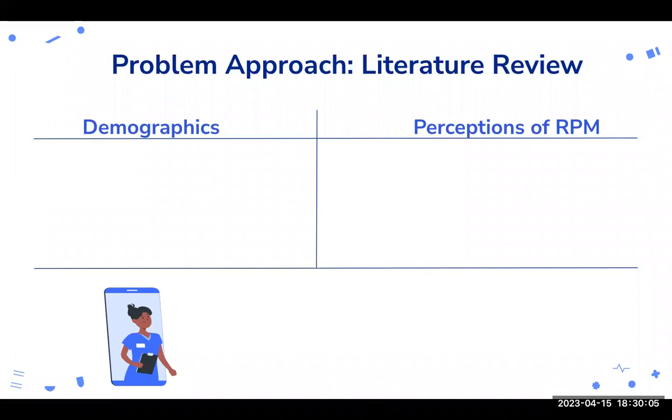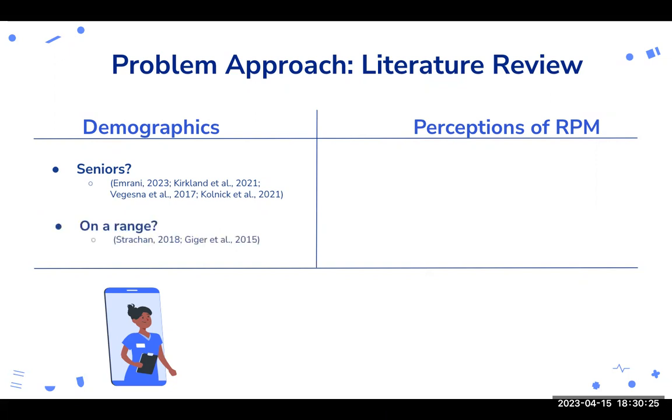Our literature review was organized around the main components of our MRP. Now, mainly due to the prevalence of chronic disease in older populations, there was a strong likelihood that seniors would make up Care Connection's target core. While there was some evidence to support this in the literature, many studies indicated that the age demographics of RPM end users often exist on a range, as RPM is beneficial for many chronic conditions not exclusive to seniors. However, many of the studies that indicated this age range included RPM devices that Care Connection wasn't associated with. As such, there was a need to research the demographics of users that require devices specifically supported by Care Connection's